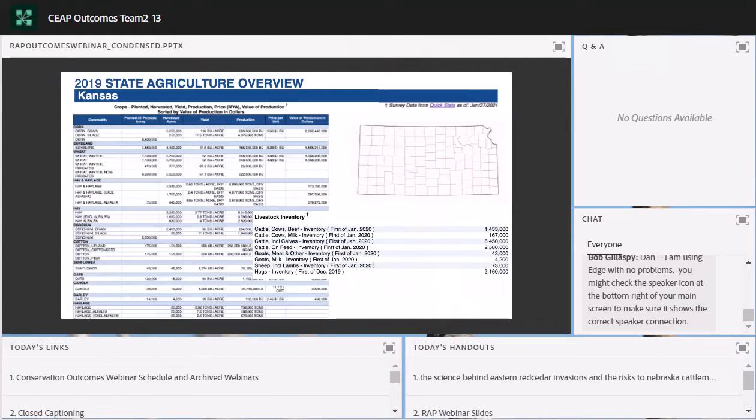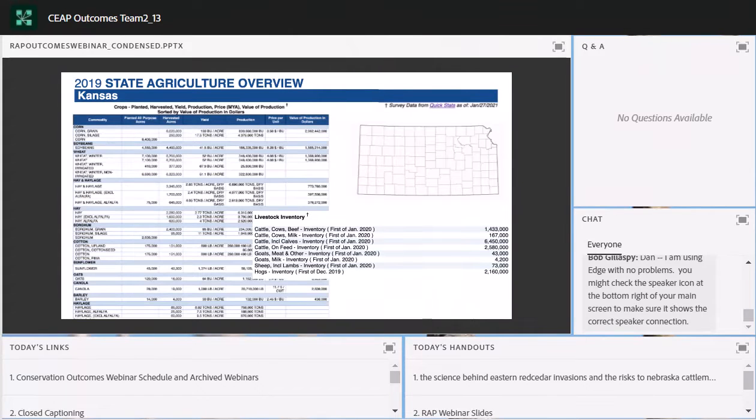What we're looking at here is the 2019 State Agriculture Overview for the state of Kansas. And as you can see for crops, we track those foundational crops, corn, soybeans, wheat, and so on. We give an estimate of their yield, an estimate of their total production. And then we also give an estimate of their value in dollars, an economic estimate. Now, when we move over to rangeland agriculture, we take it up a step and we track livestock. And we do a really good job doing this.